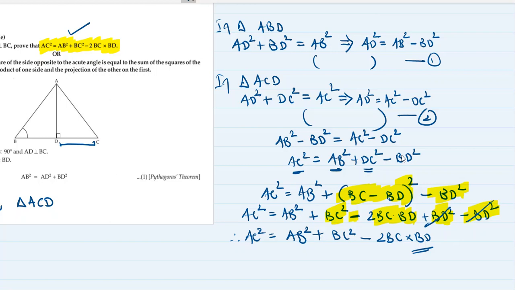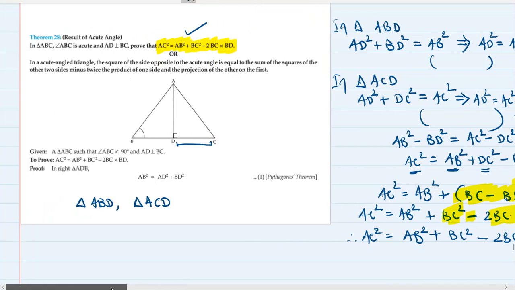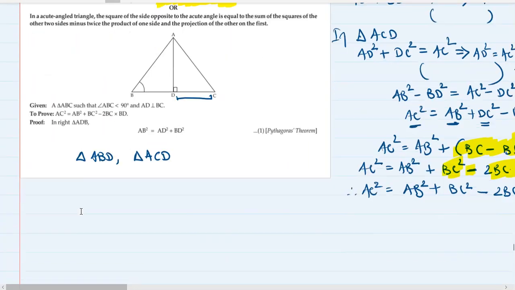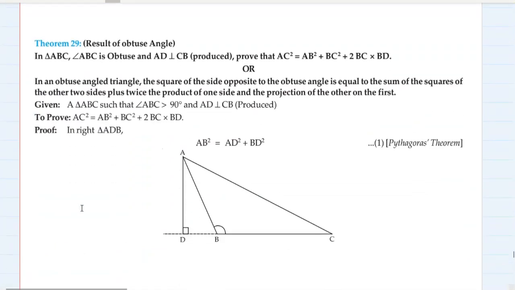Okay, so you can try that, and I hope that you understood this proof. Please note it down very nicely, the diagram given to prove and the technique. If you want to have a look at it again, please do that. We might come across the same question in the exercise as well, but I wanted to show you these kind of basic questions and techniques before we start the exercise. Let's go to the next result.